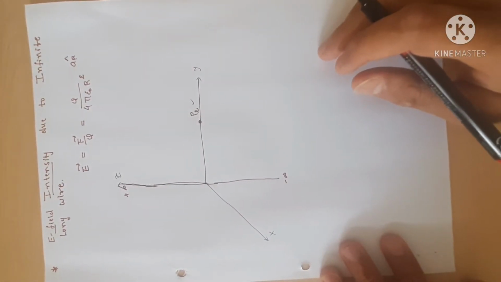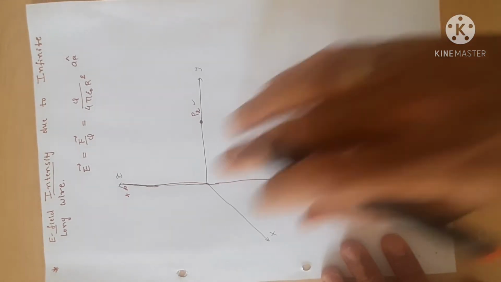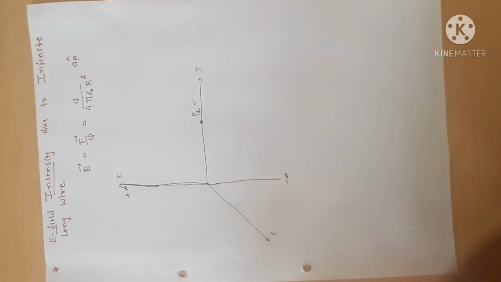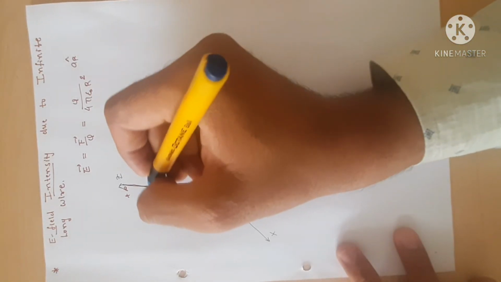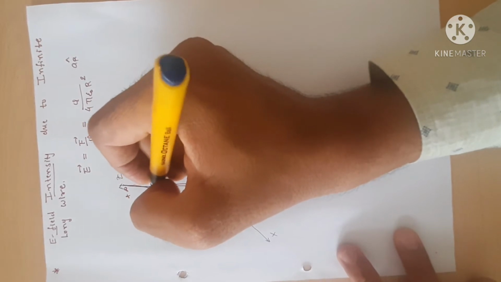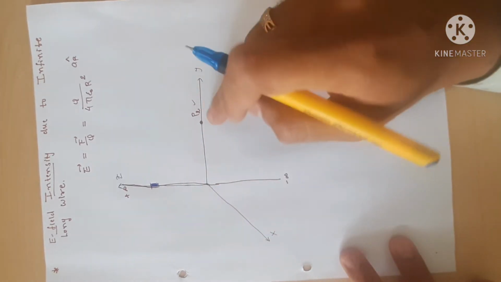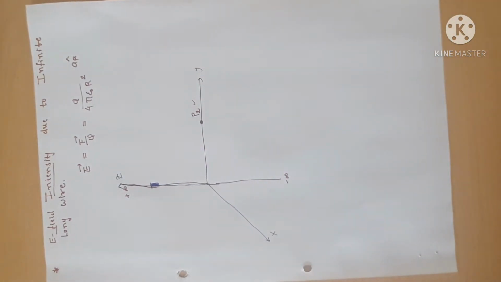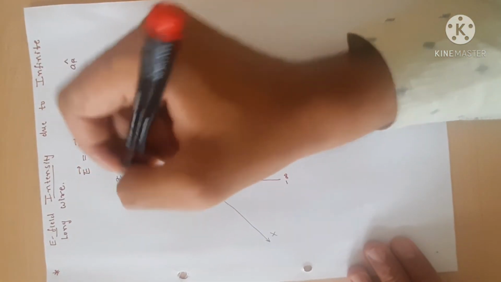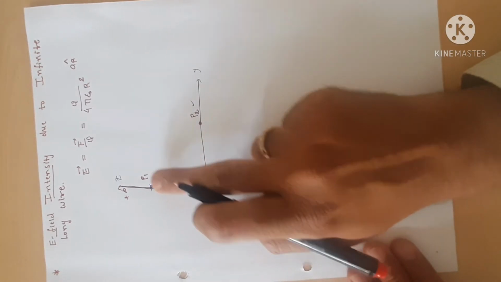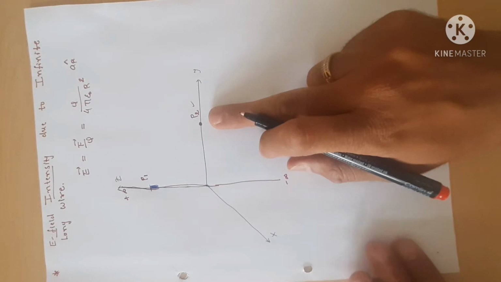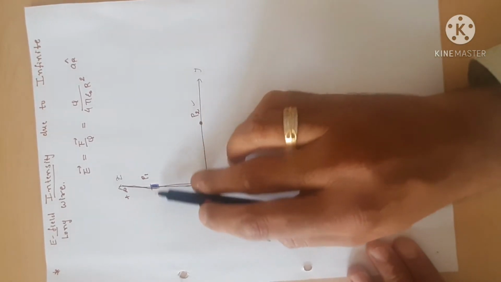As we know the wire is infinitely long, it is not possible to find the electric field intensity due to an infinite element. So what we have to do is divide this wire into very small segments, and consider a very small length of wire. Now I want to find the field intensity at point P2 due to this small filament. I will consider this small filament as my point P1, because it is just like a point, and this is point P2.